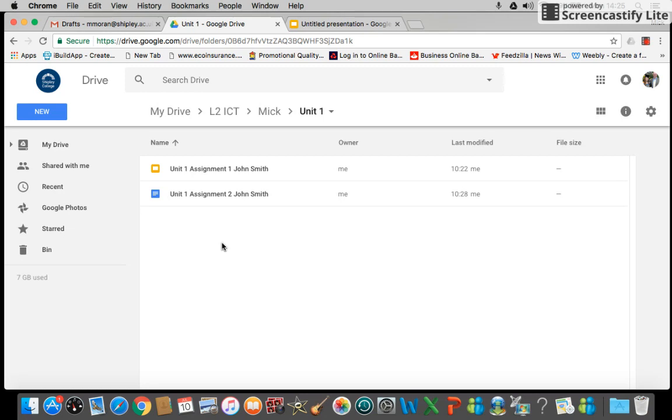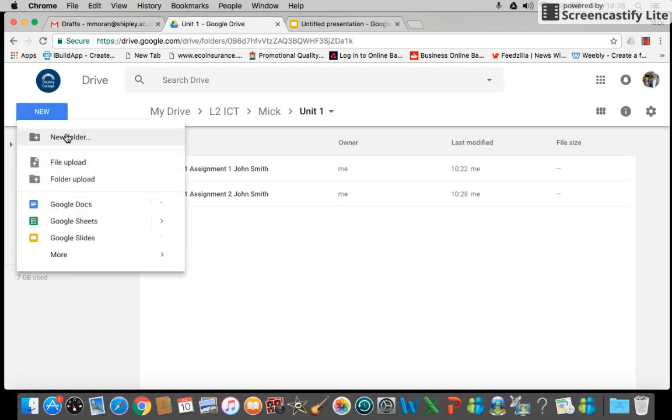Mick for Unit 1. So how do we set a document up, and how do we make sure that we adopt naming standards that will make it easy for us to find our work? Let's take you through it. So to create a new document, it's very similar to how you created your folders earlier. Go up to the New tab and you left click. To create the folders, you clicked on New Folder. Let's have a look now at creating a PowerPoint presentation using Google Slides. You move your pointer over Google Slides, left click,